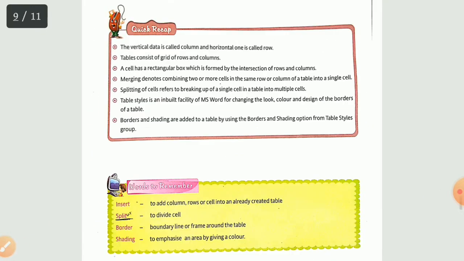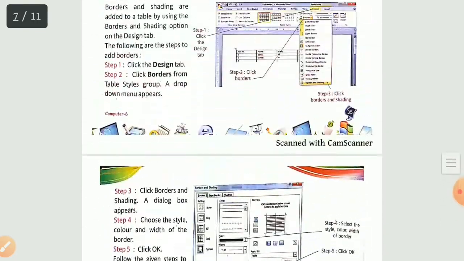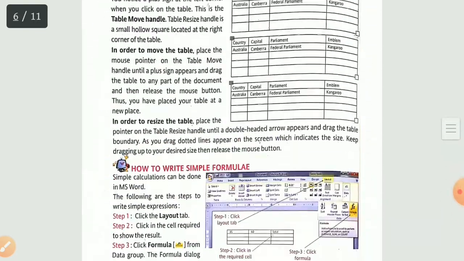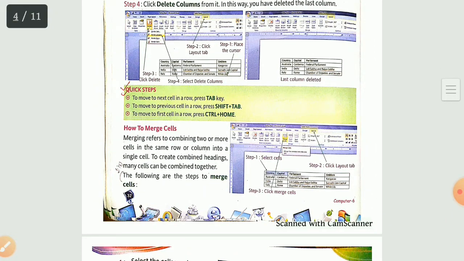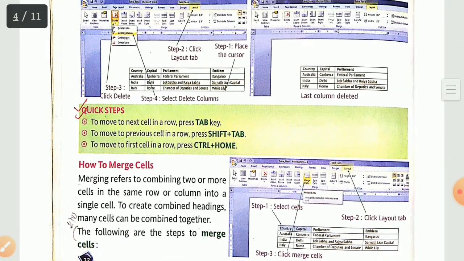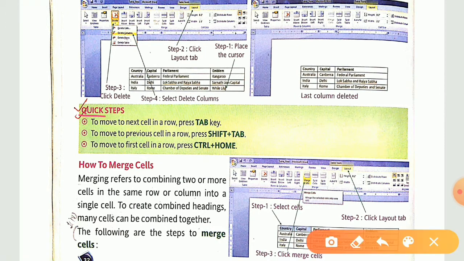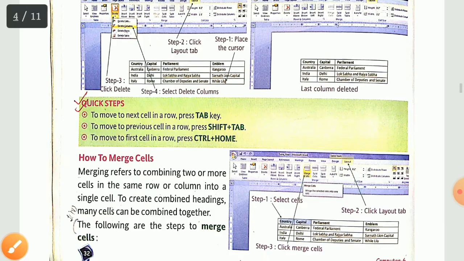Now, before words to remember, firstly turn to page number 32. When you start writing this chapter, firstly you just write down the heading quick step and then 1. First one write down, then second one, second you just write down line, third one, the third point you write down. Okay, then continue with these quick steps.